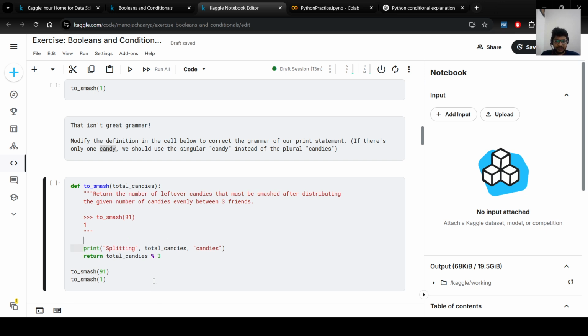Let me add one more print statement. Print candy, right? If